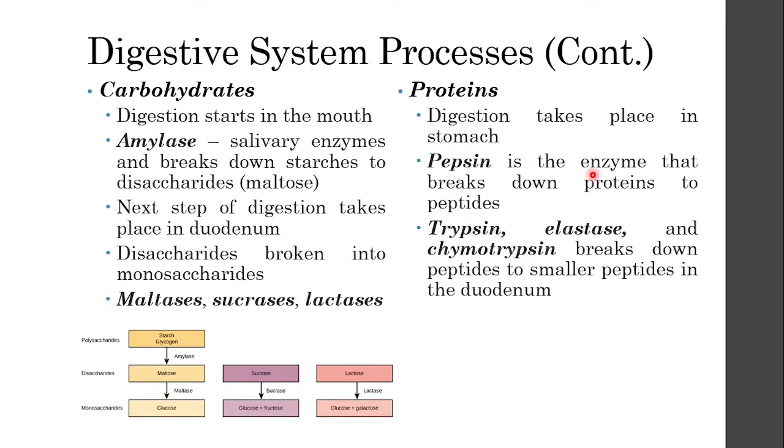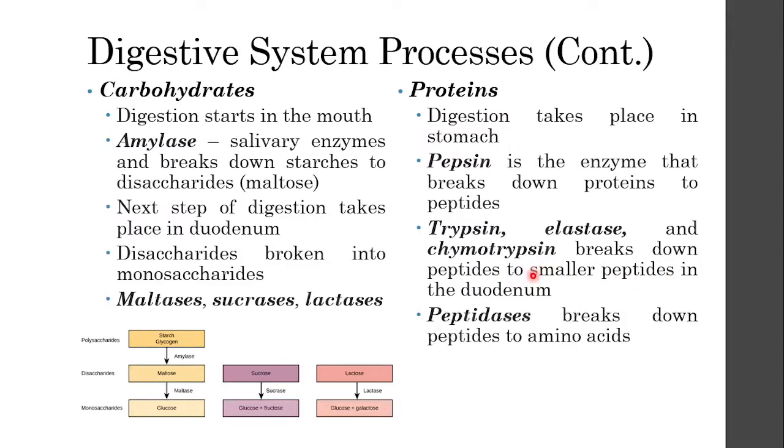Next, after the pepsin starts to break down the proteins into peptides. So peptides are the chains that create our proteins. Then from our stomach, it moves into the small intestine, and then on the duodenum part and on the small intestine parts, other enzymes called trypsin, elastase, and chymotrypsin, which are released by the pancreas, start to break down the peptides that are already broken down from the proteins via pepsin, and break these peptides into smaller peptides. Right? So that is what is happening.